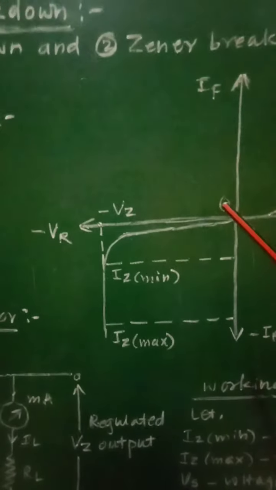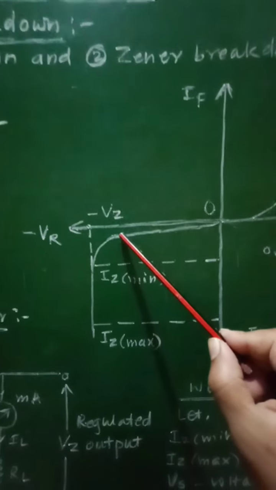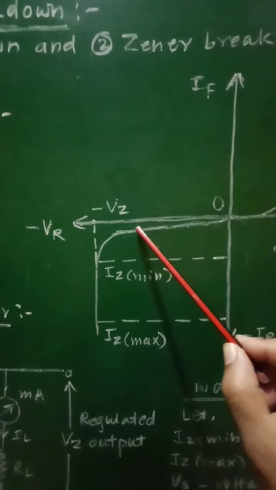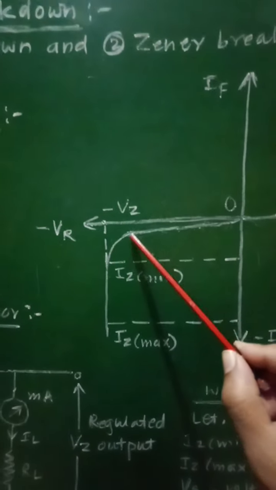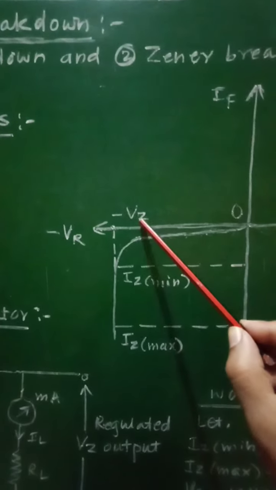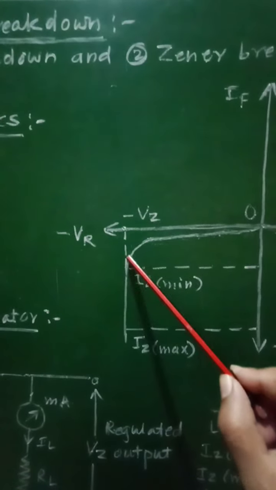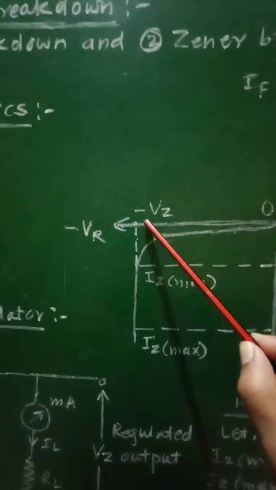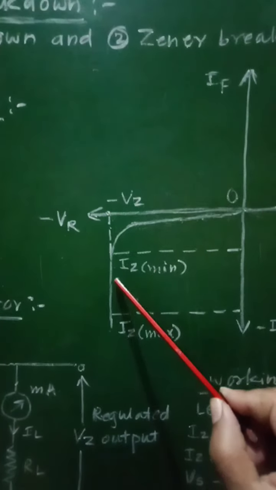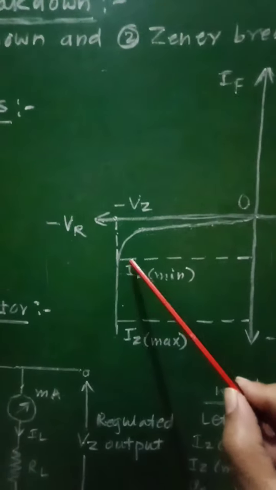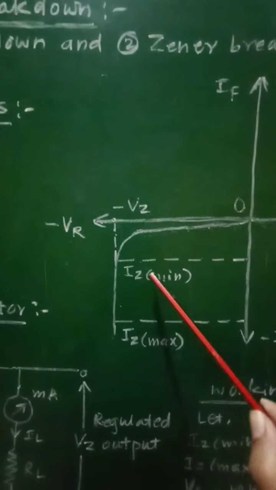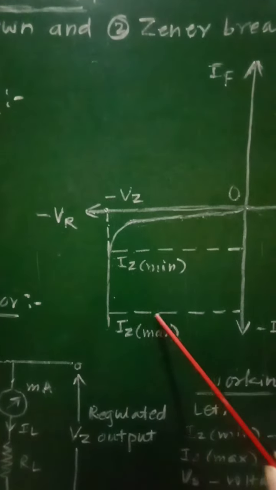But on the other hand, when the reverse bias voltage is applied to this Zener diode, initially for small voltages very small current will be flowing through the Zener diode, and after a particular voltage, that is Vz, which is nothing but the Zener breakdown, there will be a sudden increase in the current, but this Vz, the Zener breakdown voltage, will remain constant for large values of this current, and therefore this will represent the Zener current, that is the minimum value of Zener current, Iz minimum, and here we will get Iz maximum.